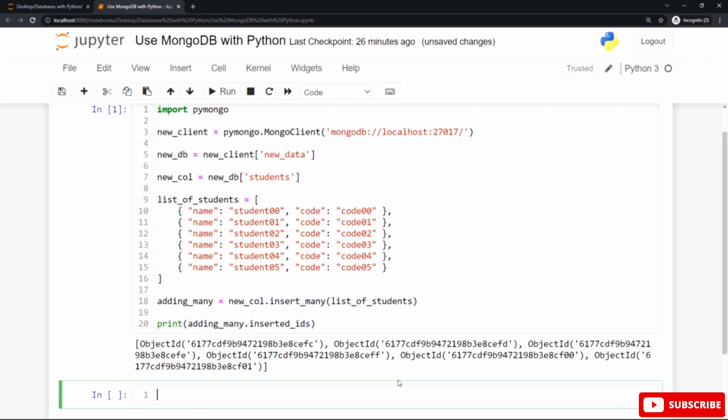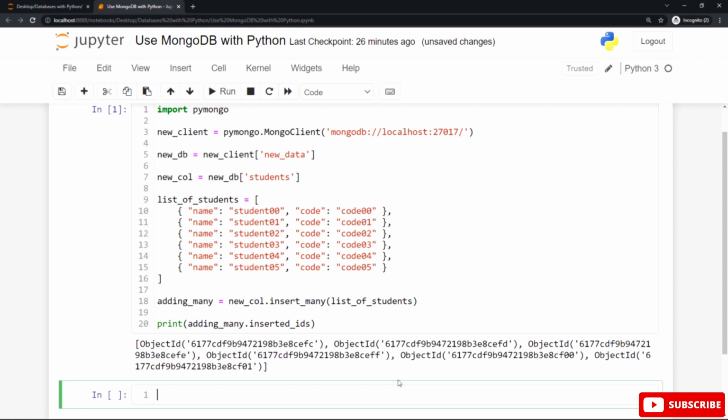And after creating a connection to the MongoDB server and creating a database, you can create a collection. You can create collections inside the new data database or any database you have created.